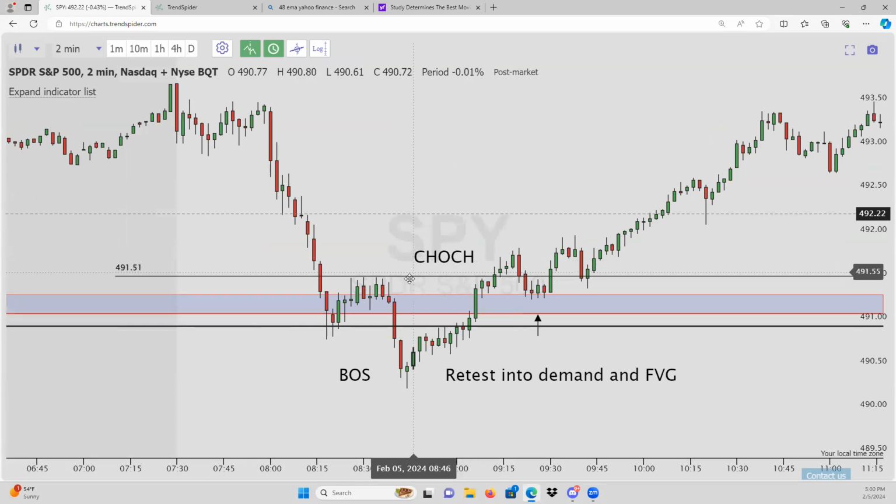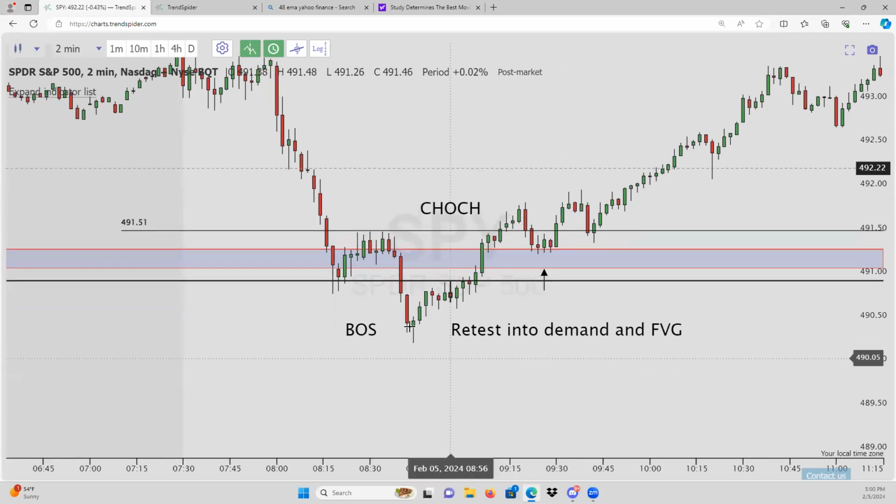So when you think about it, don't get too confused. What does a change of character mean? Well, if our character is a bearish trend, we should have a continuation of it, right? We should be putting in a lower low, lower high, and then another lower low and another lower high, right? We should have that continuation going down, but we don't. We have a change of character.